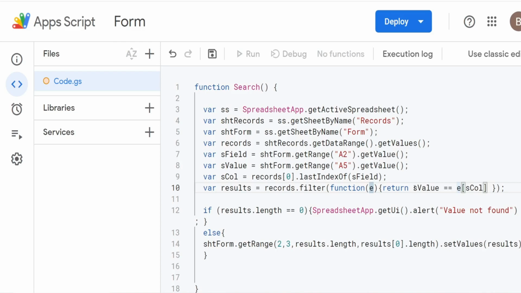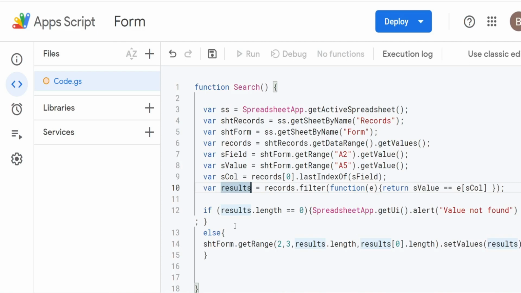So what we're saying is we want to filter and return any row in our search column where the value in that row in our records 2D array is equal to our search value variable. So that